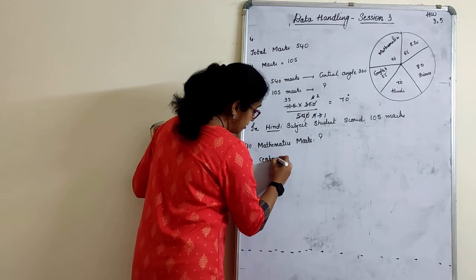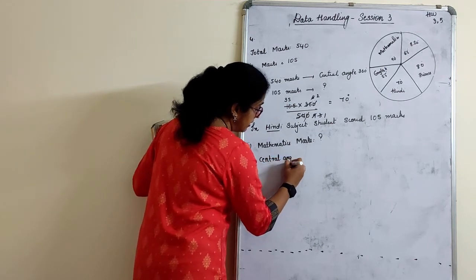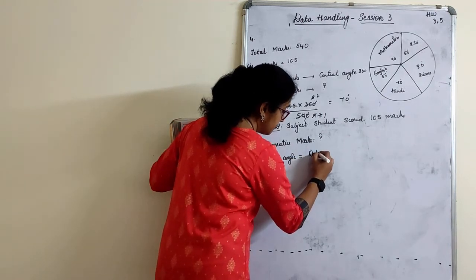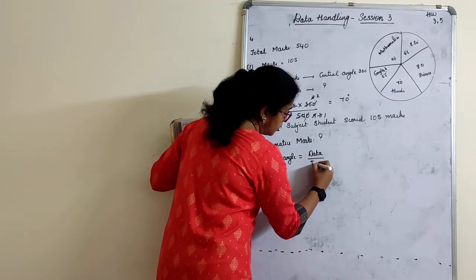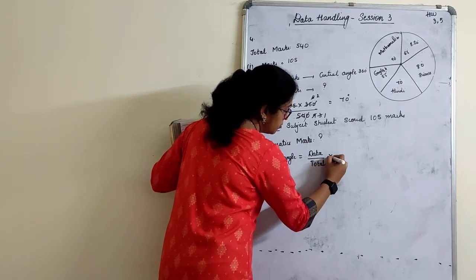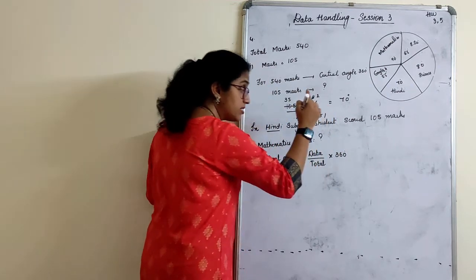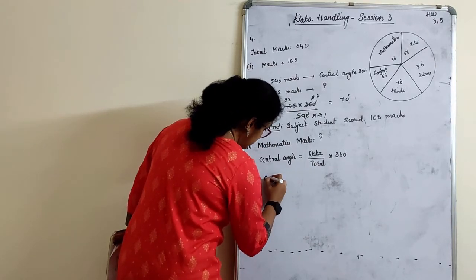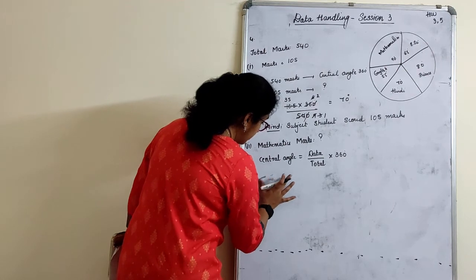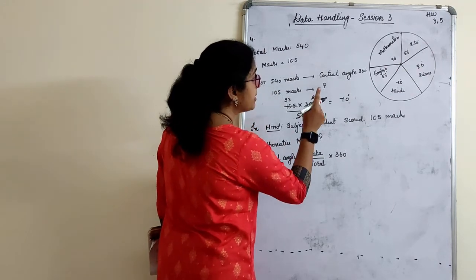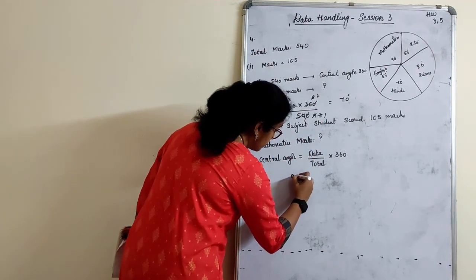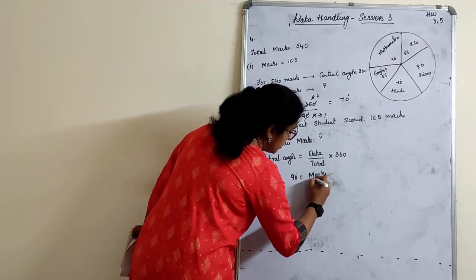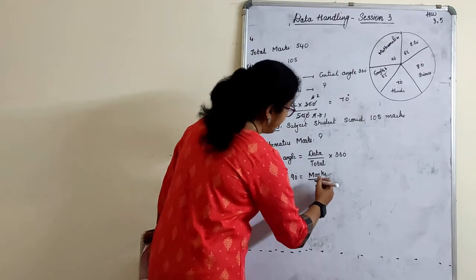How to calculate that? The formula is, central angle is equal to data divided by total into 360. That is why I made you understand that whole concept by this formula. What is the central angle for mathematics here? 90 is equal to, what is data here? Nothing but marks, divided by what is total? 540